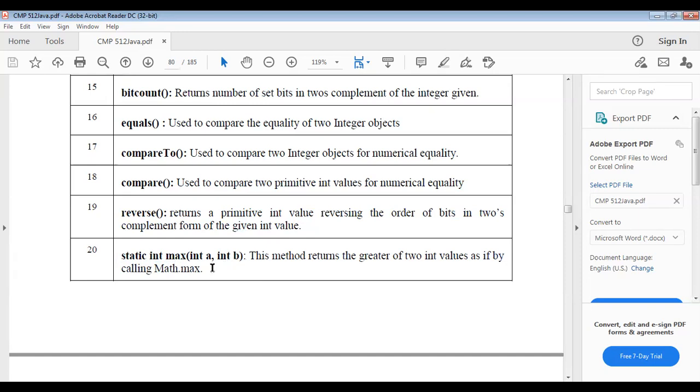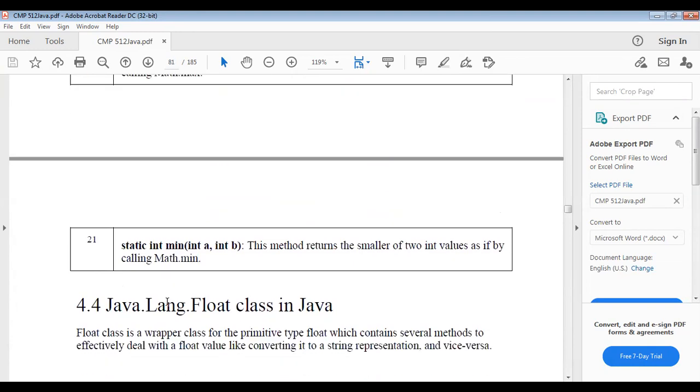This method returns the greater number by comparing the two values, so it calls the Math.max function. Static int min is the same as max, but here we call the minimum value. We get the smaller number of the two integer values. It mainly calls Math.min.